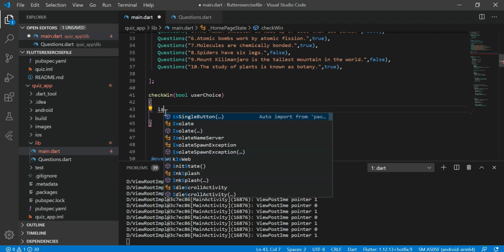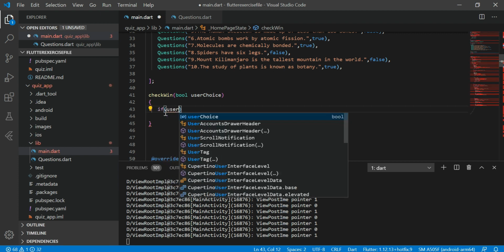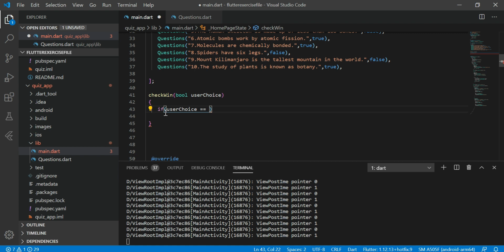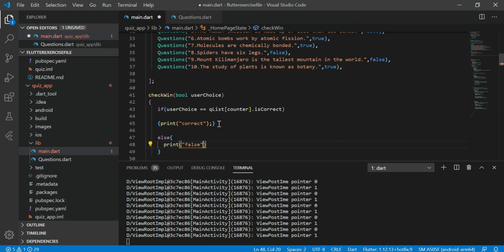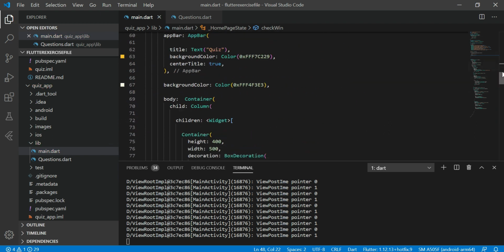Suppose I tap on true and the answer is also true, then if user choice is equal to the question list at counter, meaning on which question, and the answer is also true. If you have any kind of doubt regarding this function, when I implement this function in the button, all your doubts will get cleared. Just wait for a second.